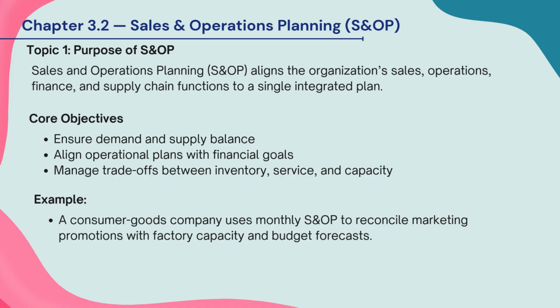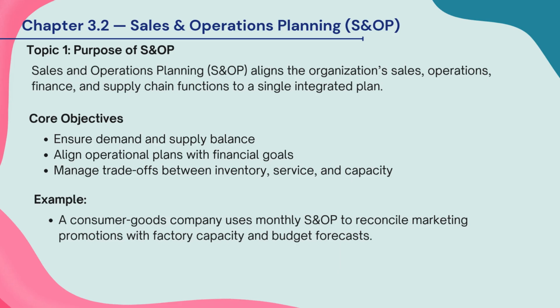This slide explains the purpose of sales and operations planning, S&OP. S&OP integrates sales, operations, finance, and supply chain into one unified plan. Its core goals are to balance demand and supply, align operational plans with financial targets, and manage trade-offs between inventory, service level, and capacity. The example shows how companies use monthly S&OP meetings to align marketing promotions with factory capacity and